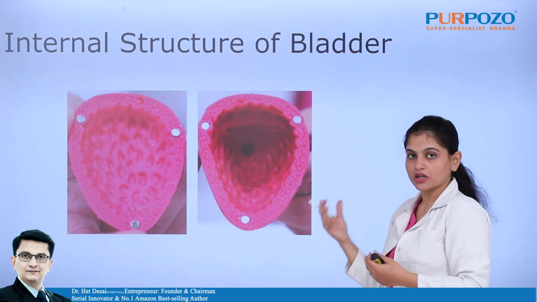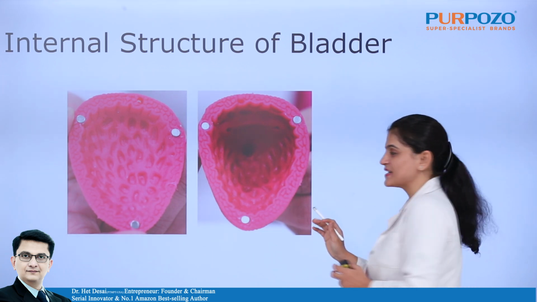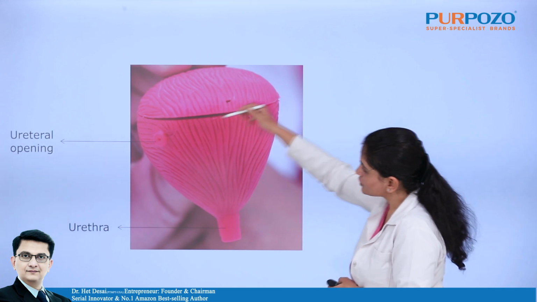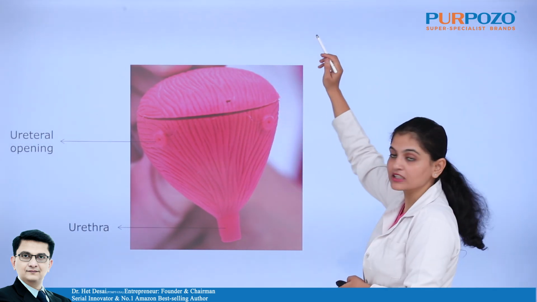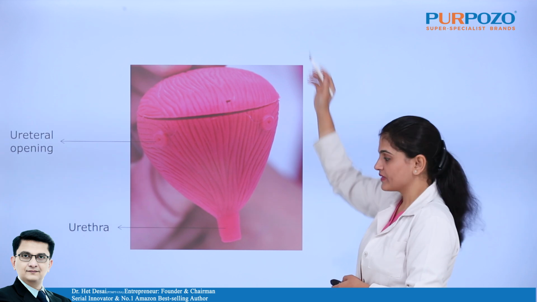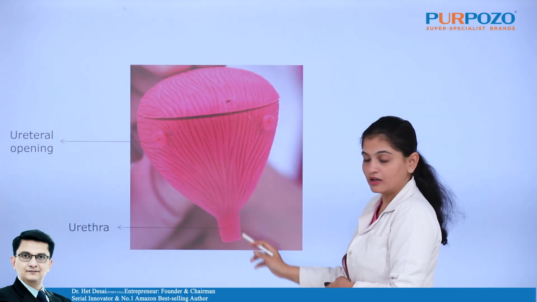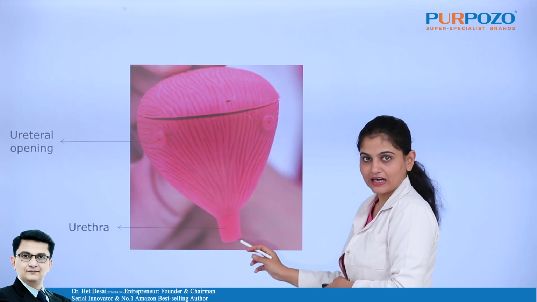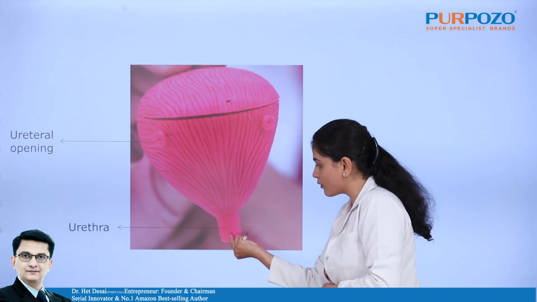Like this is the structure. We are not going into detail of all these structures, but just for the understanding, there are two openings above which are connected through the ureters to the kidney, and one opening below, that is the urethra or the P canal, and this urethra is supported